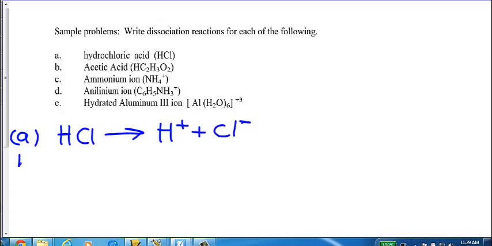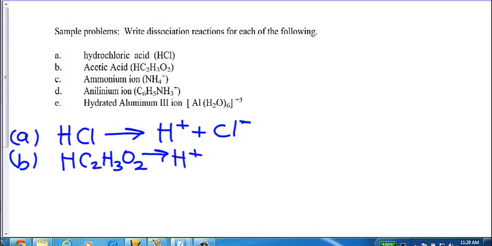Acetic acid, HC2H3O2, will dissociate into H plus and C2H3O2 minus. I'm going to do letter E, and then I want you to do